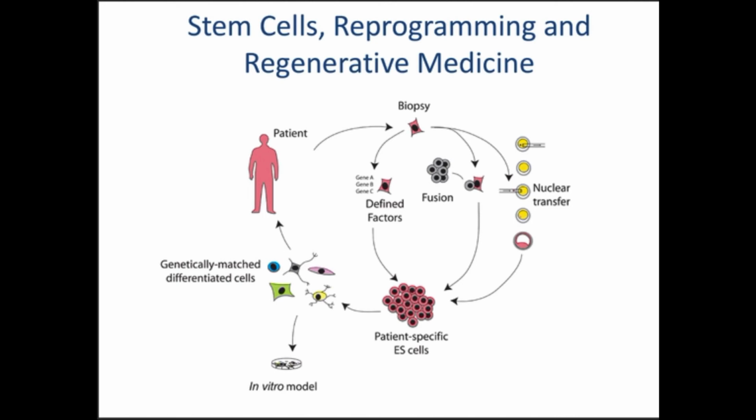And we didn't need to make the whole organism again. We just wanted to make the embryo from which you would normally derive a pluripotent stem cell line. So this idea that you could make a stem cell line that would represent a particular patient or a particular person was really, really exciting.